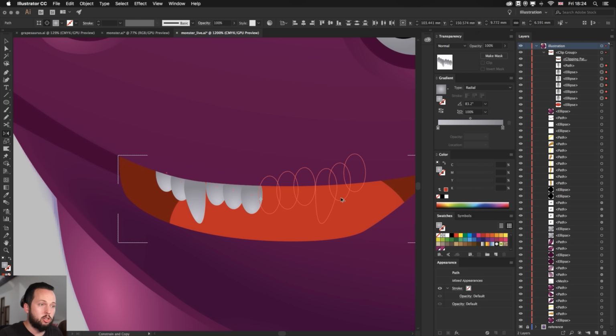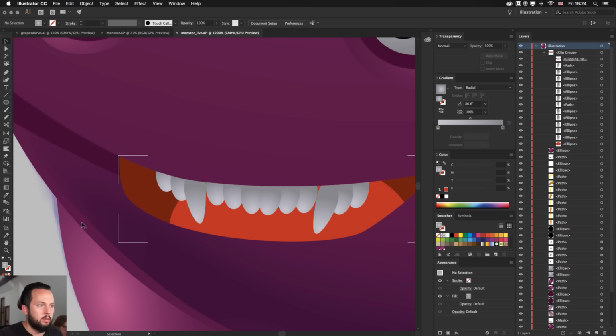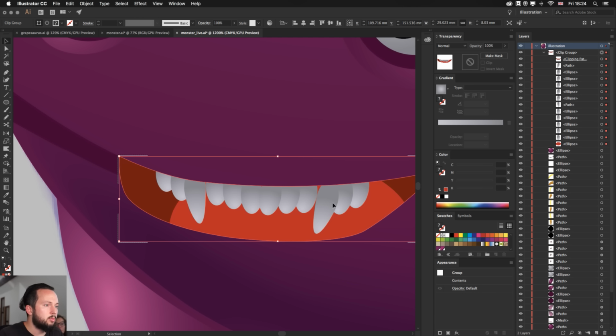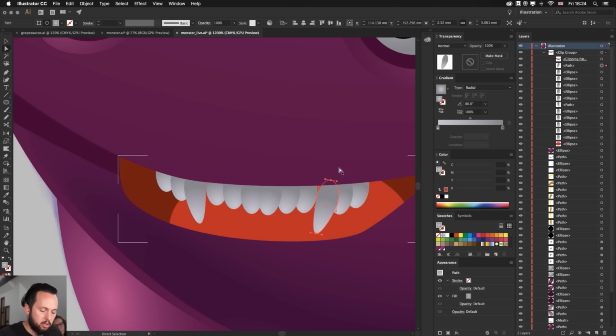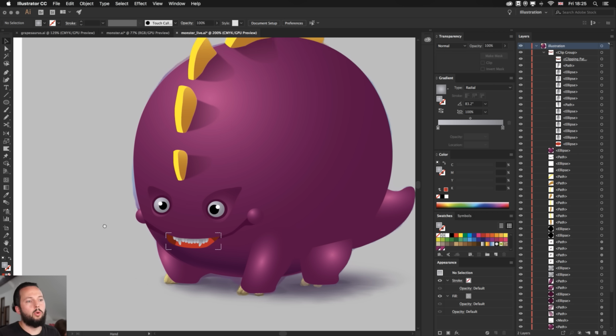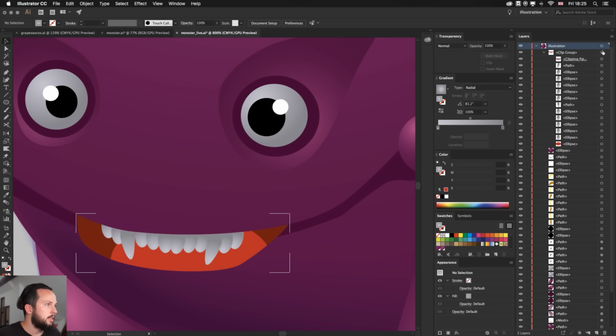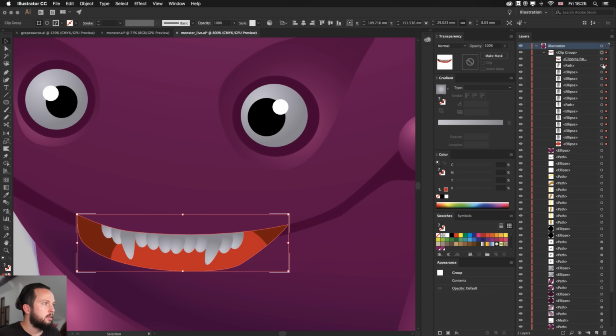Hold down Alt and Shift, or in this case just Alt is enough, and then the Alt or Option key is going to duplicate them, and then we just have to refine their position. This one here, if I use the direct selection tool, I can just move up a little bit, something like that. Now let's zoom out, and that looks okay. The only problem is I would make all of these details a little bit darker.